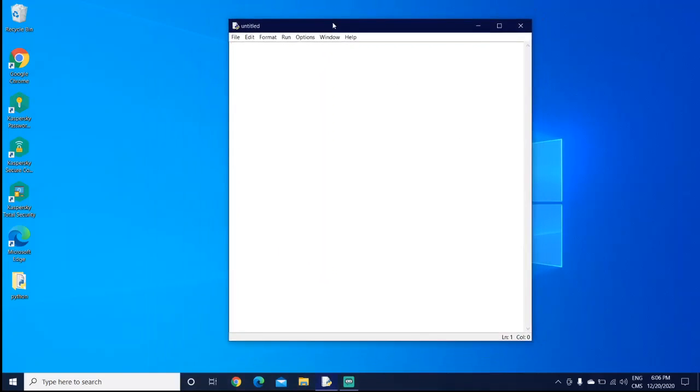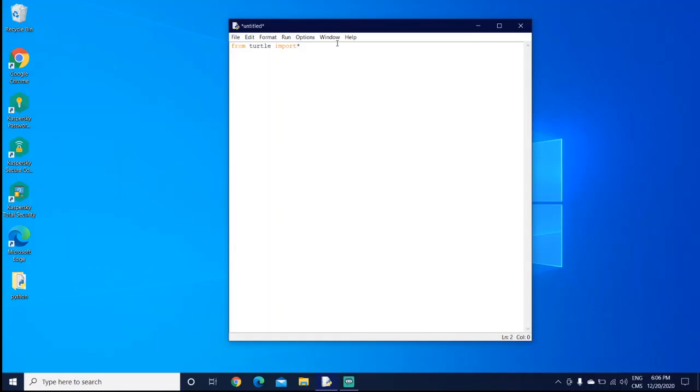Then here, I want to show you the first line of code. When you're using TurtlePython, every single time you have to put this line of code in the beginning. So you have to say from turtle import and then a star, so Python knows that you're using TurtlePython and not the other Python, since there are two kinds of Python. Once you've put that line, you can do the normal